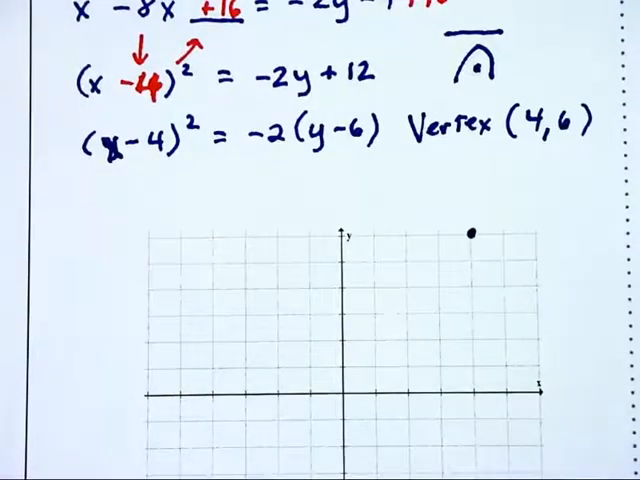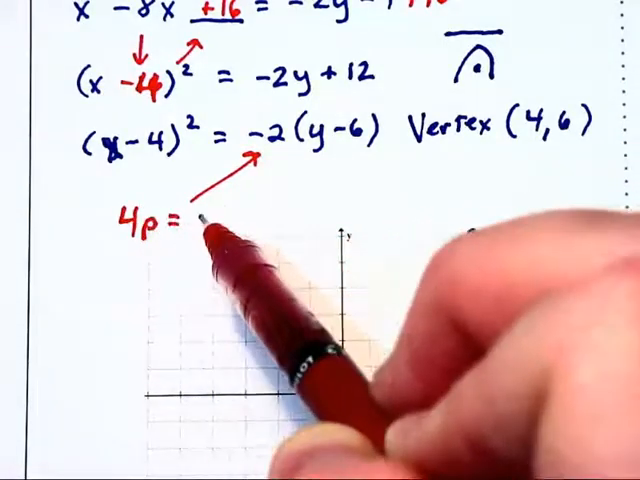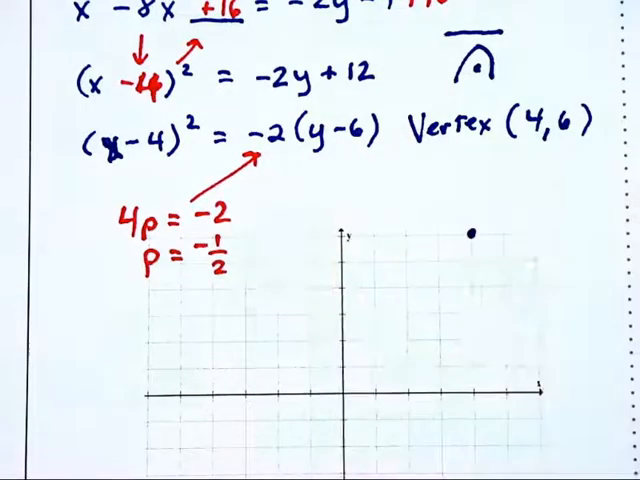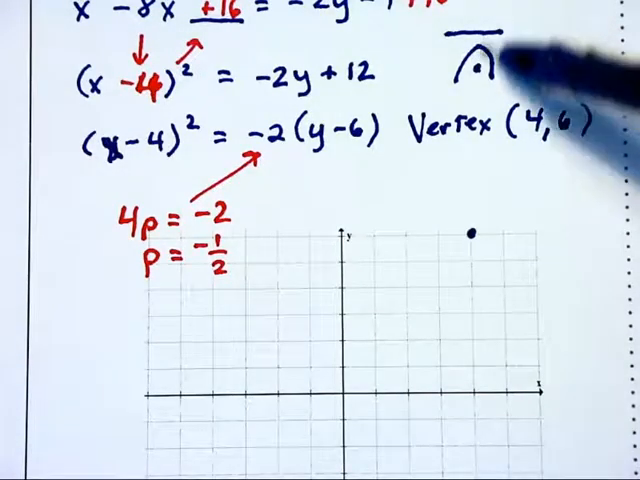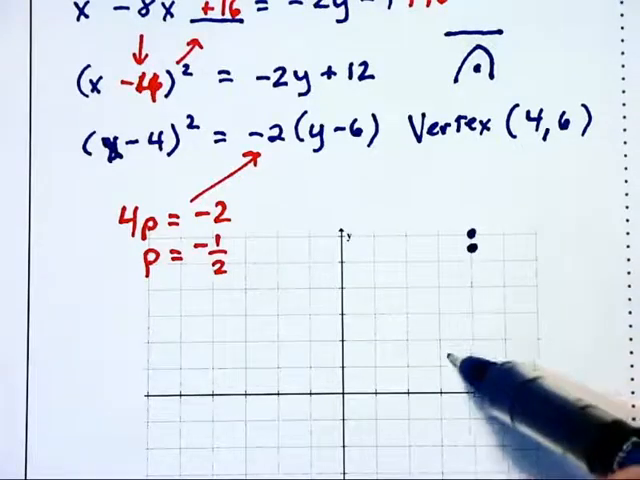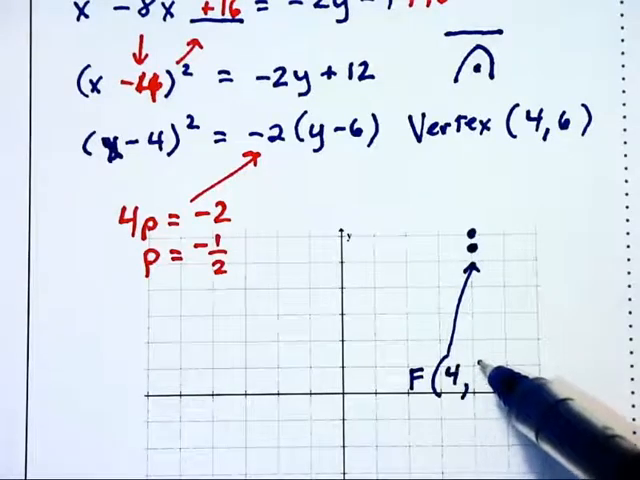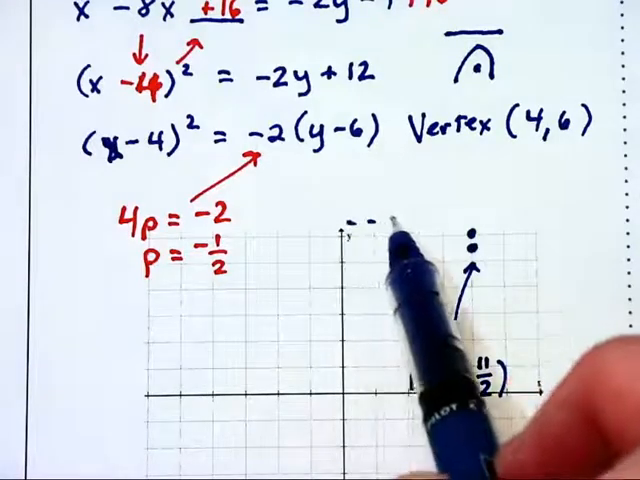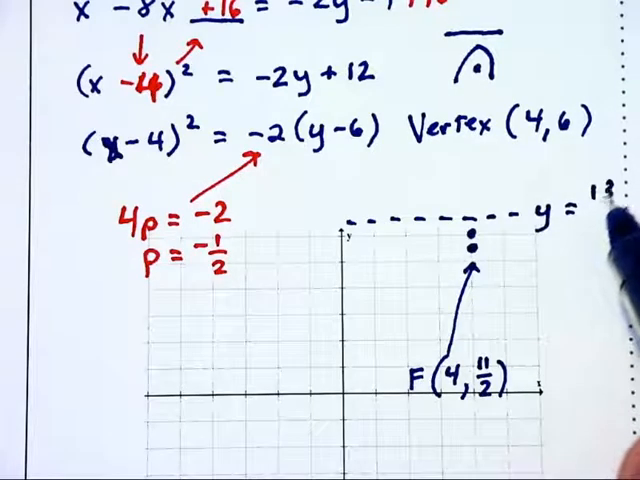Okay, next set of clues. This negative 2 needs to be examined. 4p is equal to negative 2. That means p is equal to negative 1/2. And from my little sketch, I'm going to be moving down a half and up a half to get to the focus and the directrix. The focus down a half right there will be located at (4, 5.5), which is 11 halves, and the directrix will be up a half a unit, and so that will be the line y equals 6.5,